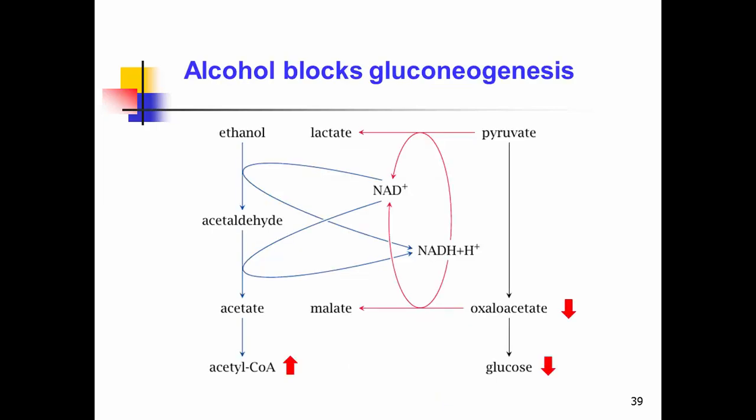It's just a kind of, under the alcoholism condition, the alcohol can block gluconeogenesis. The mechanism is alcohol can be metabolized to acetyl-CoA, right? Itself can increase acetyl-CoA concentration, but meantime, there are two reactions that require NAD. So alcohol metabolism needs more NAD. So NAD is produced from these two reactions.